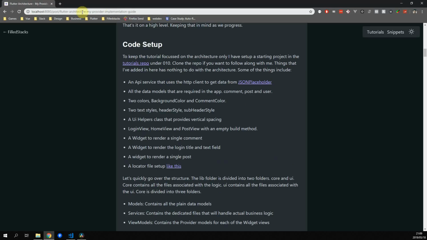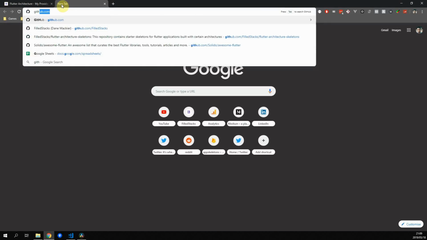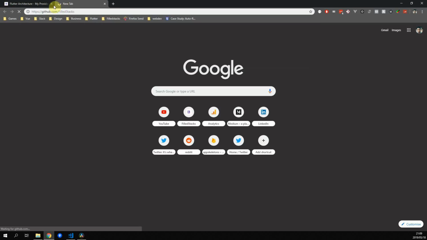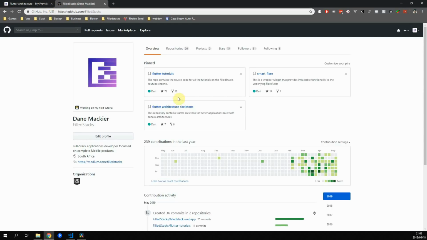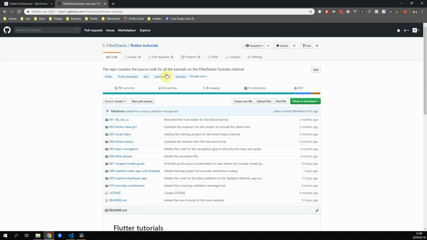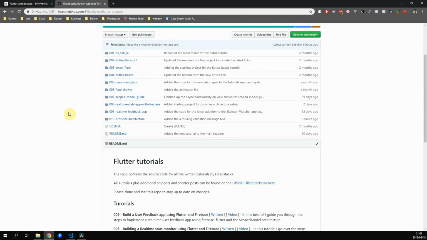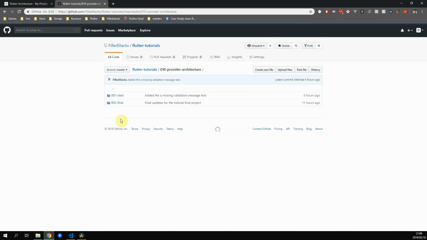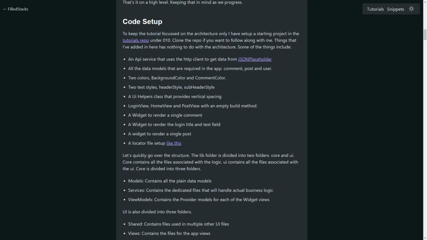To keep this tutorial focused on the architecture only, I have set up a starting project in the tutorials repo under folder number 10. Clone the repo in the description below if you want to follow along with the tutorial. The things that I've added into the repo start project have nothing to do with the architecture. Here's a list of the things that I've added for this project so we can skip over them while we